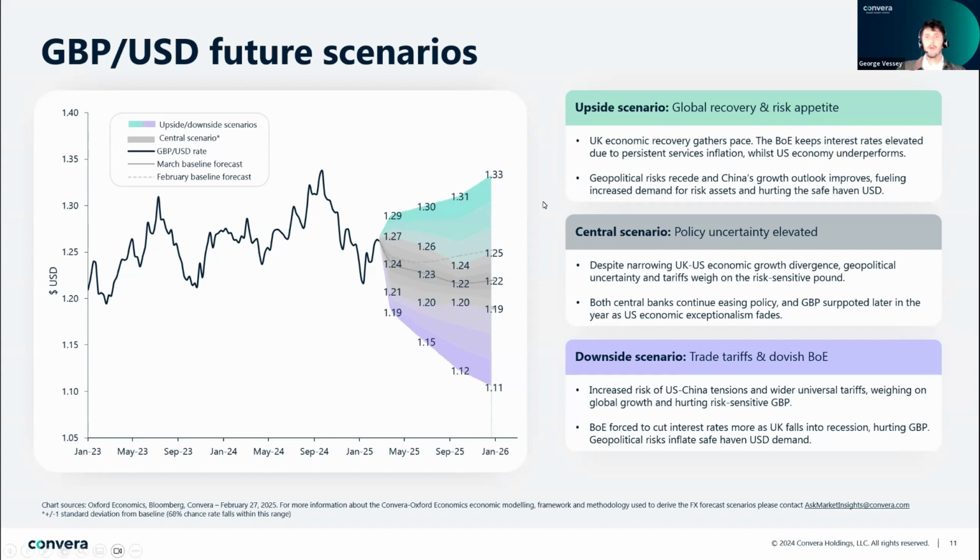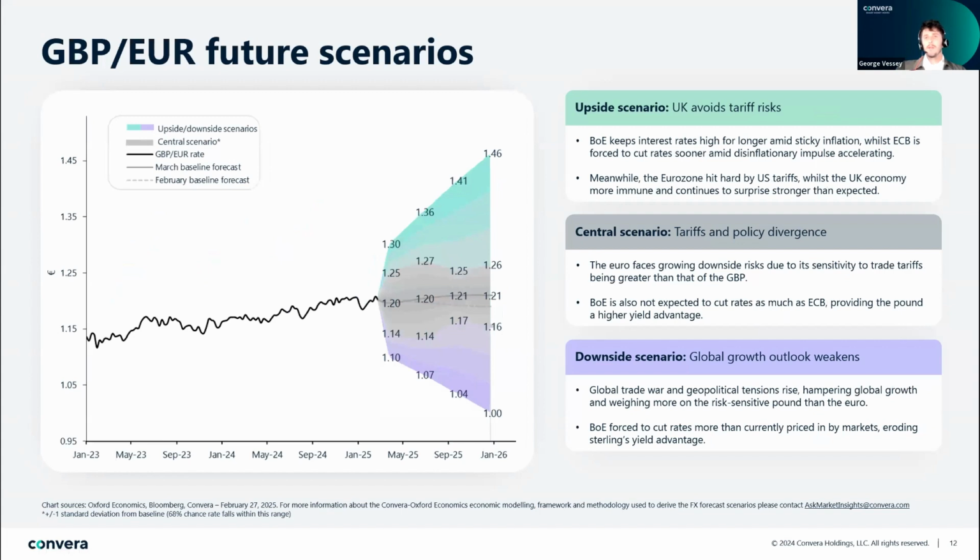For the pound versus the euro, it looks likely to get caught between two key themes over the coming months. Internationally, it's all about trade, and the EU is seen as far more exposed than the UK when it comes to Trump's trade war. Again, to reiterate, the UK's goods exports to the US are reasonably small, and it's helpful that the UK actually runs a goods trade deficit with the US compared to the EU, which runs a huge trade surplus. That's why the EU is in Trump's firing line, and the euro is more exposed to this.